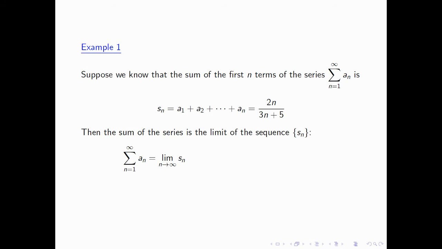Then we know that the sum of the series is the limit of the sequence Sn. And so the sum from 1 to infinity of an must be the limit as n goes to infinity of Sn, which is the limit as n goes to infinity of 2n divided by 3n plus 5,